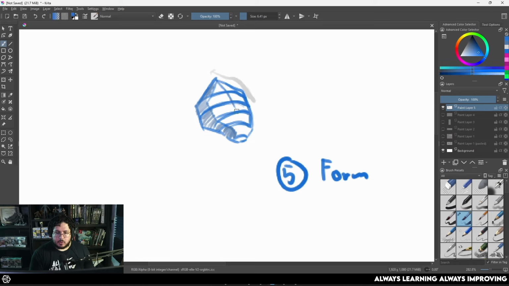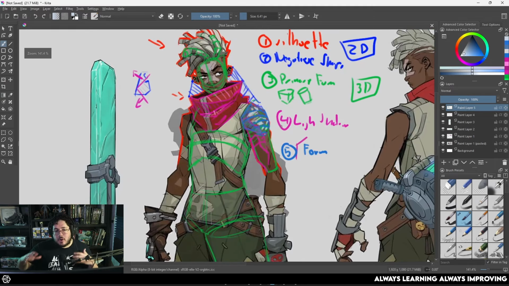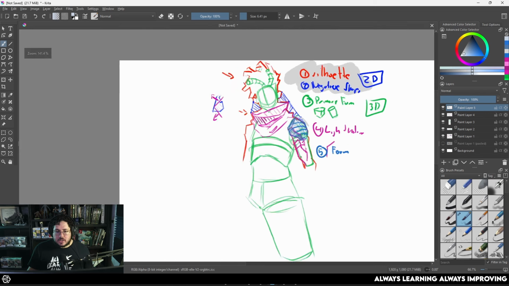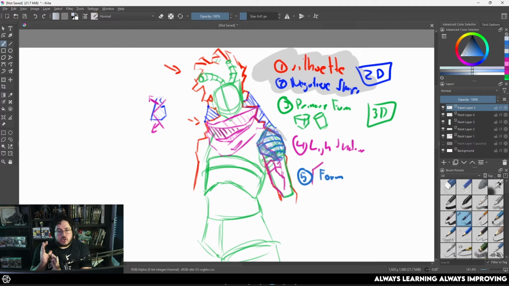So you can imagine this is kind of like building the topology of the objects. Not exactly topology, this is just the form. If you've ever seen the Anatomy for Sculptors book, they use this method all the time, where they draw on top of the muscles and of the forms so that you can understand how they flow. So all of these layers that I'm showing you right now, as you can see, are a mix of all of these different elements of information that you can gather from your character. And again, we don't even need the character anymore. You see this and it's kind of like I'm sculpting the character with just basic 2D sketches. This is the information that you need to learn to process in your head